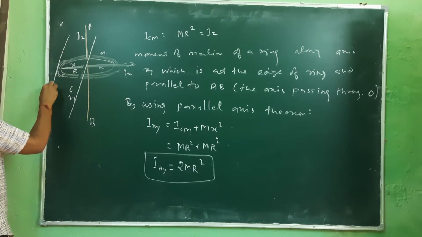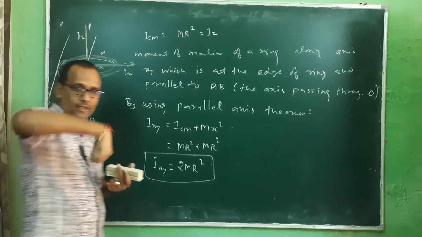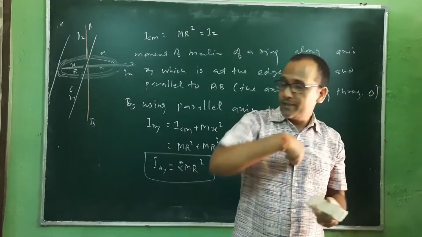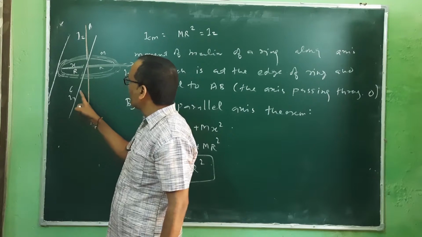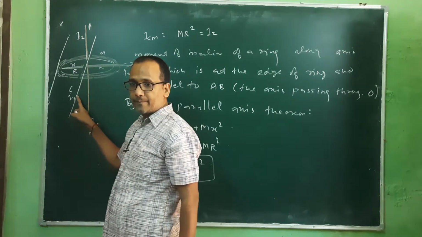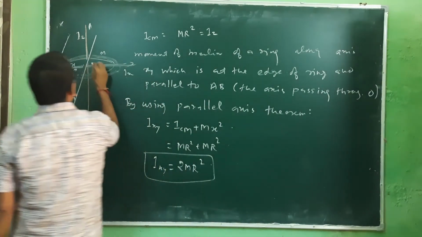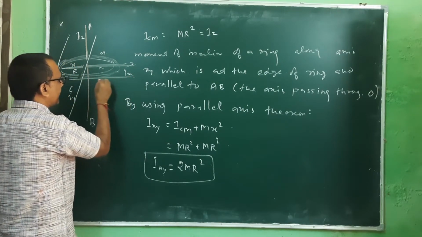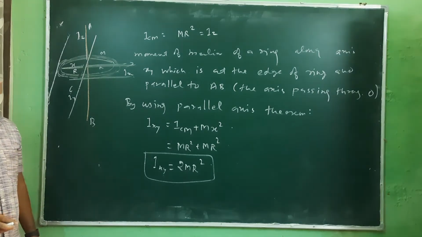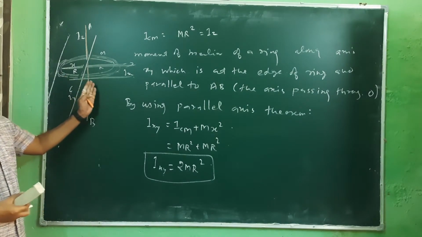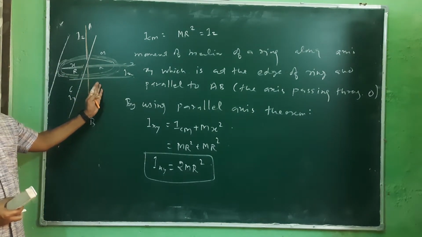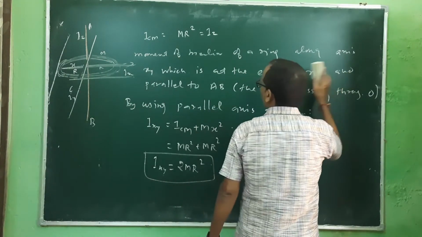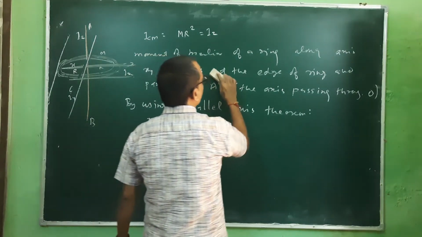This is passing tangential to this. So the ring, it is not normal to that. It's tangential to this. Means this is parallel to this y-axis. Or if this is x-axis and that axis is passing through this, that axis means it is tangential to this. So either parallel to x-axis or parallel to this y-axis means tangential to that ring. So the moment of inertia of ring along the axis xy, which is